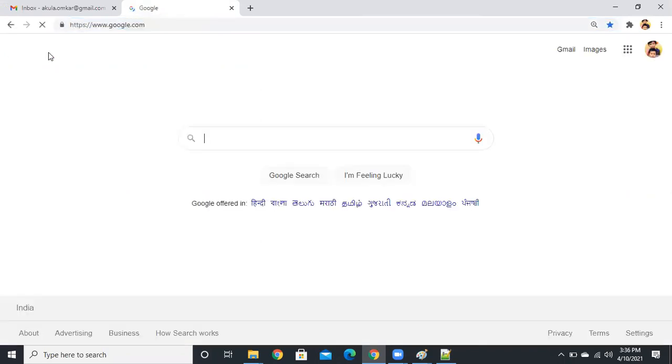Now if you click on the Google link, it will open automatically. By default, it will open in the same tab only. Click on Facebook also, it will open the Facebook page. By default, you will get them within the same line only.